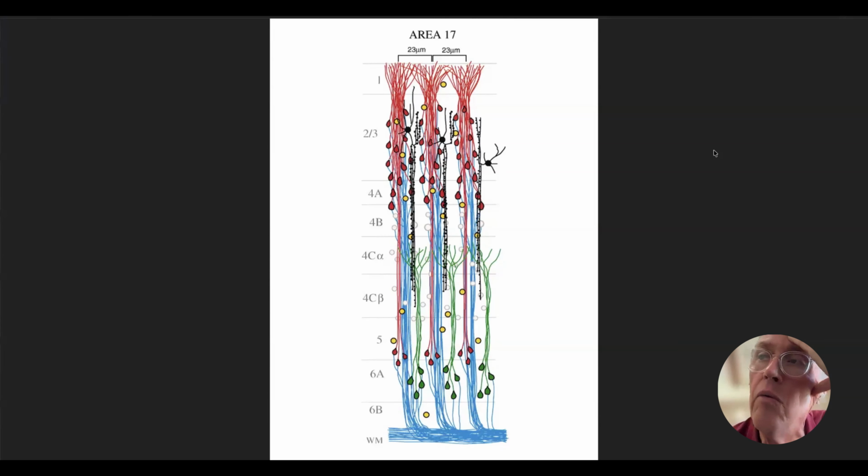Like, okay, if they're the same, what would it mean to have a mini column in part? You see, it doesn't go all the way up. It doesn't go to the top of the column. It goes part of it. So what would it mean to have some mini columns in layer 2, 3 that have the same basic mini column base in layer 4? I don't know. But I believe there are mini columns in layer 5 and 6, and I believe there are other double bouquet cells that they've shown down there.